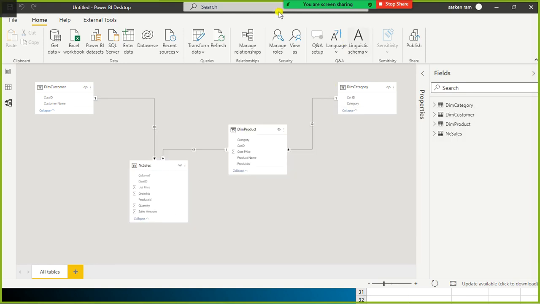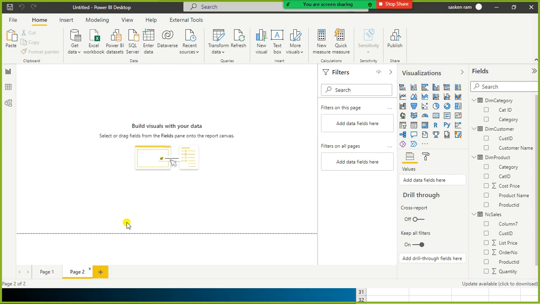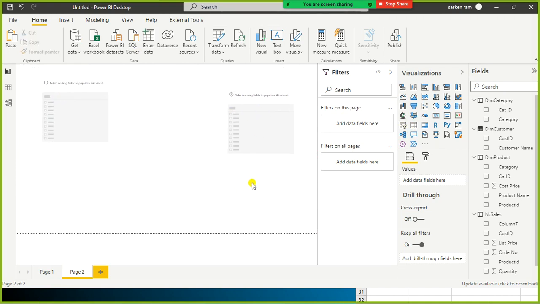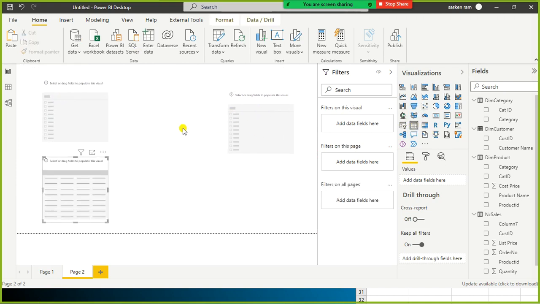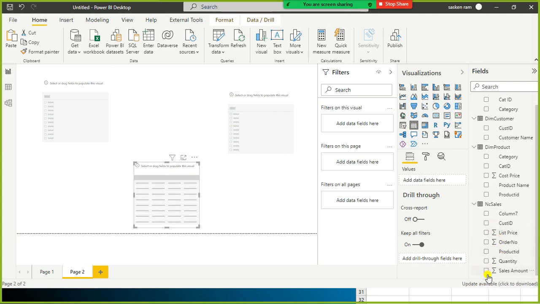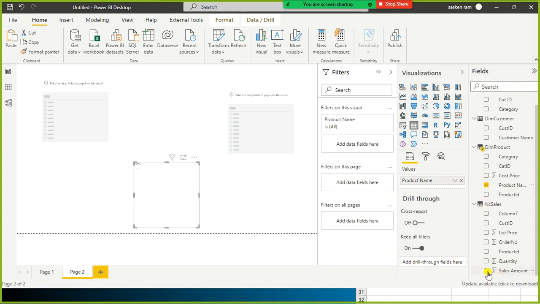The next scenario is, for example, I just go here and create two slicers, and I'm going to use the sales table here, and select sales amount.